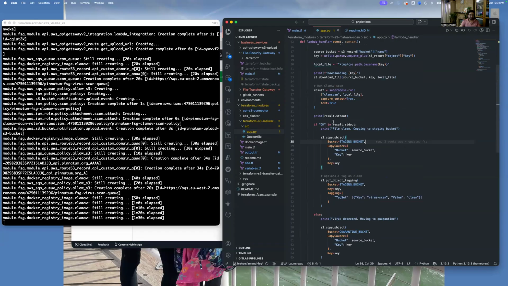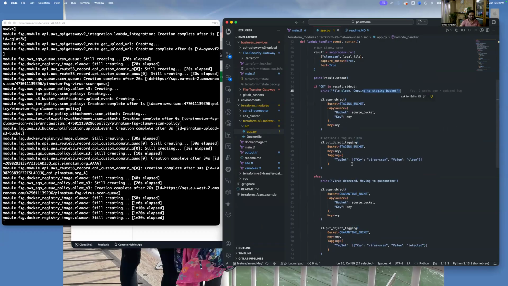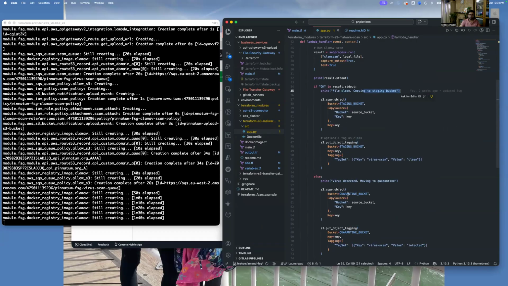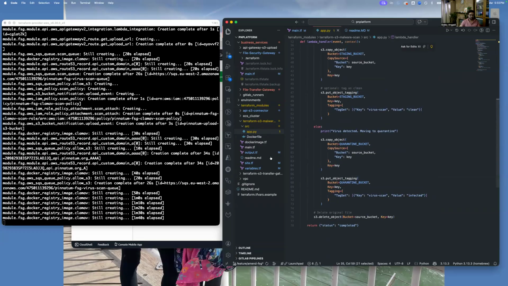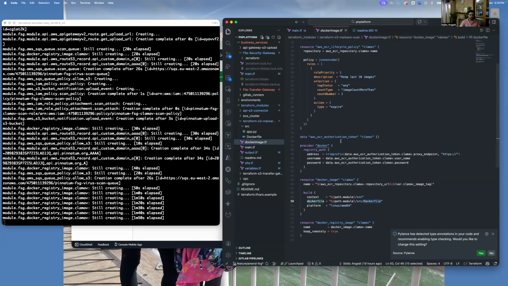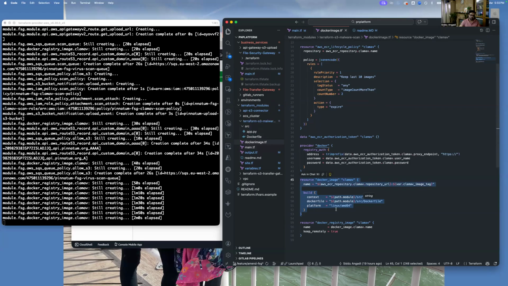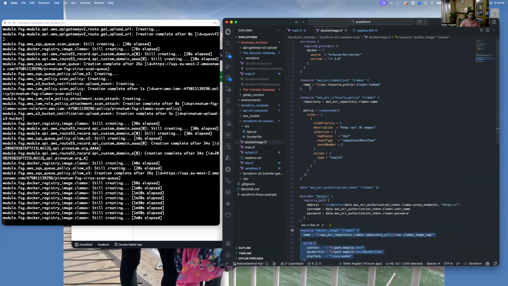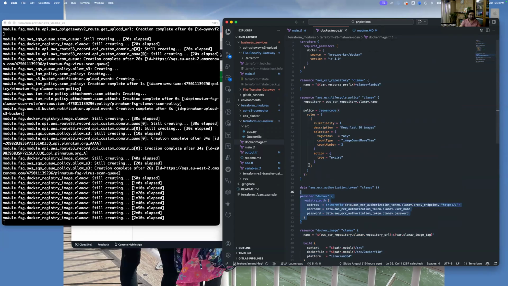If the file is okay, meaning the result says the file is clean, it copies to the staging bucket. If a virus is detected, then it moves the file to quarantine. It's a very simple Python one. And this creation of the Docker image I've also written in Terraform. This Terraform module creates the Docker image from the Dockerfile and also uploads it to the ECR. I've created an ECR repository here, plus a lifecycle policy and authorization token,